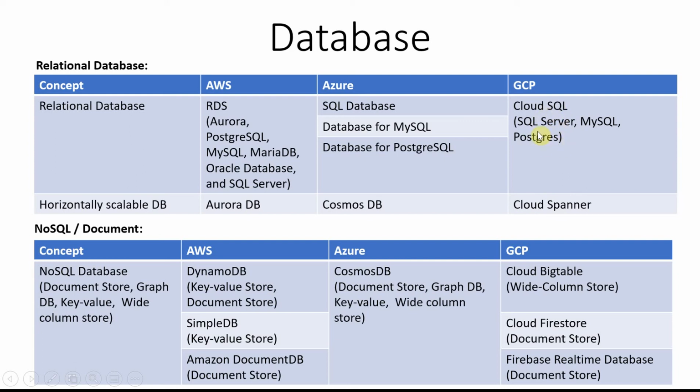But if you're looking for a database which is spread across multiple regions, highly available and horizontally scalable, with all these enterprise-grade requirements, then Cloud SQL may not be a suitable option. So Cloud Spanner is the option. But again, if you go with this, then you are going to the GCP-specific DB. The same thing applies in Azure and AWS. That's how they pull you in to use their products.